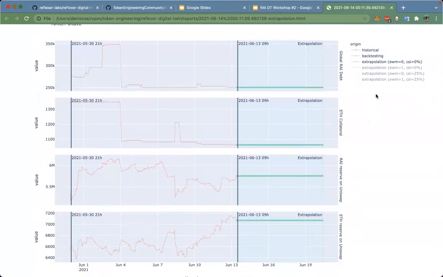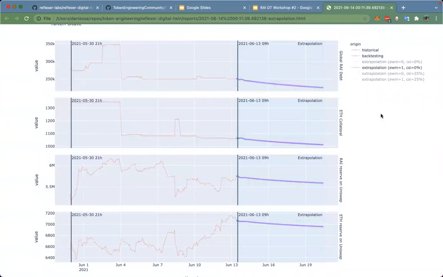This auto visualization makes it much clearer what's happening in terms of the behavioral model. On the green one, nothing happens, it just keeps the same thing always. On the purple one, users decrease their debt and collateral slowly over time, and also decrease their liquidity in Uniswap.